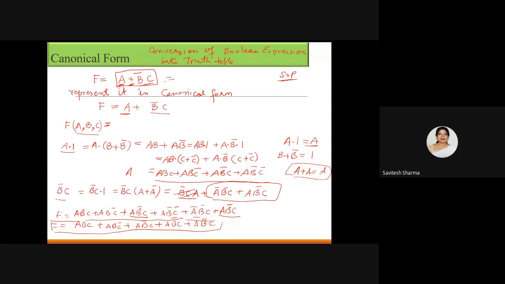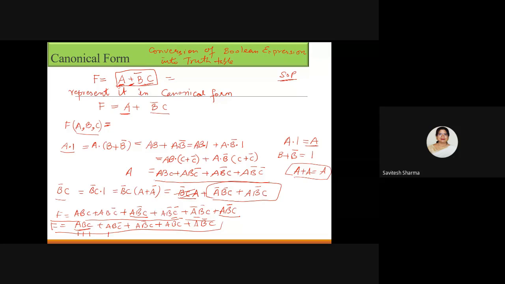Now my task is to convert into the min term. So what I will do, I will convert into the min term by taking the binary equivalent of each term. So first you observe one by one. This is ABC. I already told you, in SOP form you will always observe when your F is 1. So F is 1 when this product term will be 1, and this product term will be 1 when A is 1, B is 1, C is 1. Got it? So I will see the variables and I will write the combination.